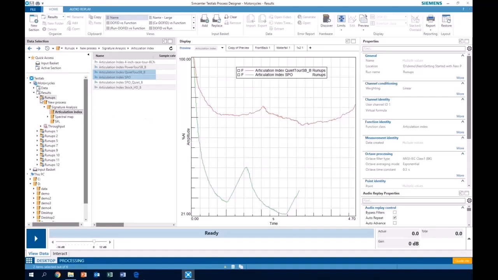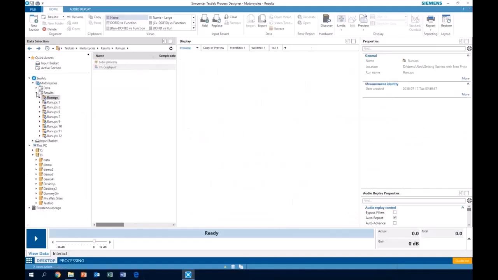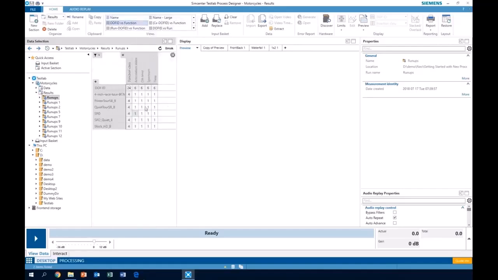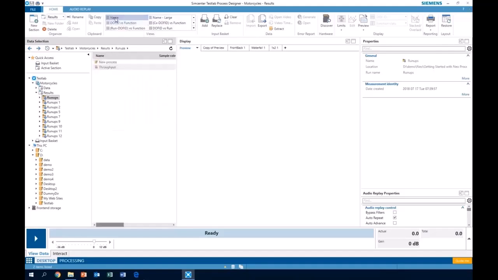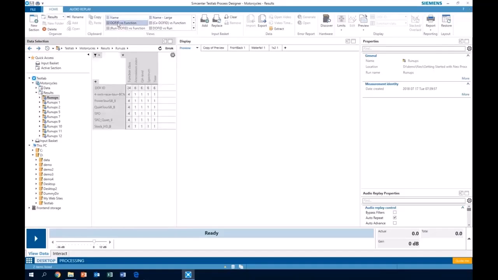We also thought, boy, people, we don't think they really like clicking through all these folders. So we came up with something for that too. So if I highlight this folder that has the data in it that I want to look at, up here, there's a little way of viewing the data in this area here called the pivot table. So this name is the way you might normally look at the data. If you pick DOF versus function, it's come up with a little list of all the functions of the data that is contained in this folder.